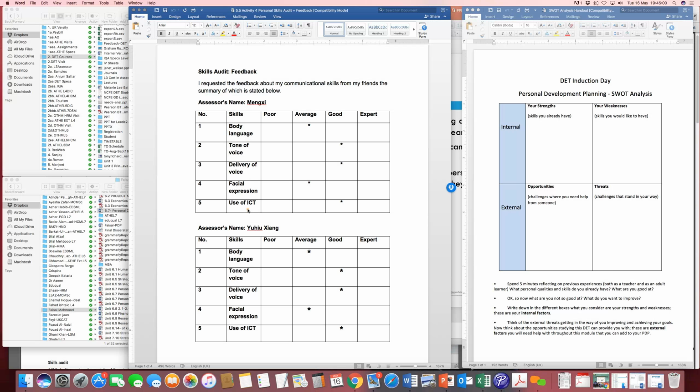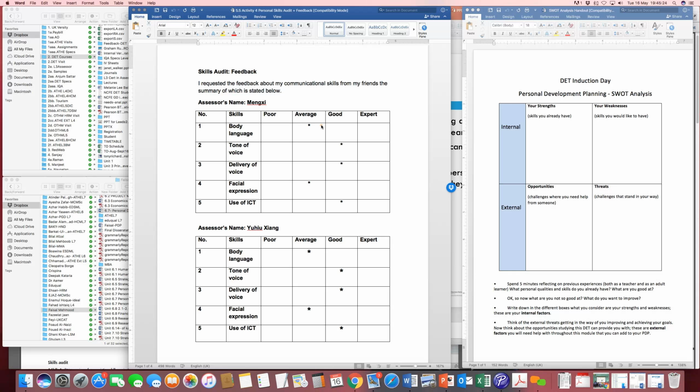Yes. And what they've done is they've sent this across as a small form to their colleagues or their friends to be able to do an audit, rating them in terms of these skills and features, the skill set, in terms of what they feel about the person's ability